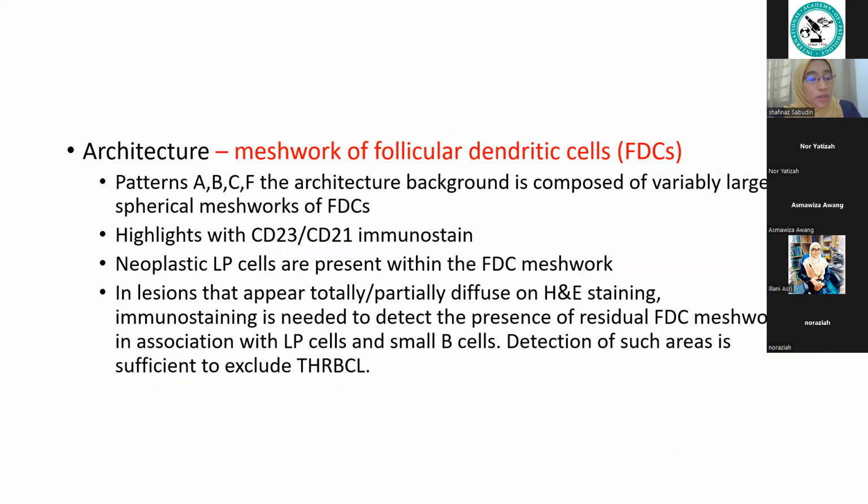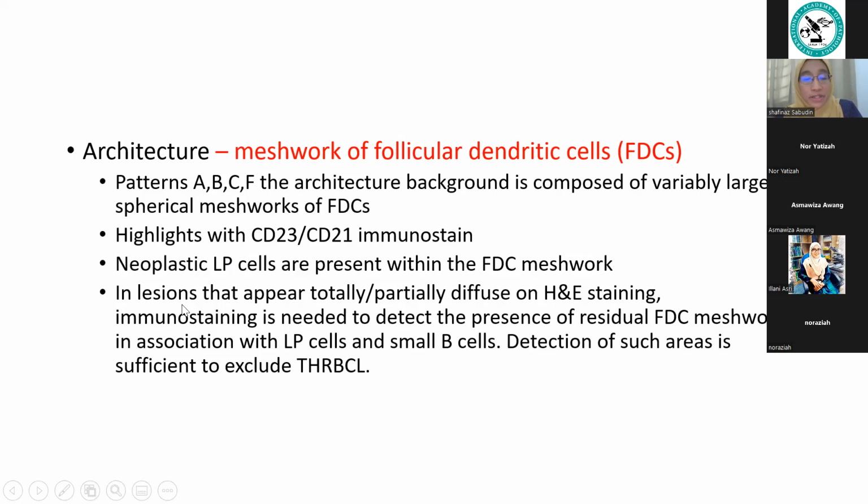Now, the next important architecture to assess in nodular lymphocyte predominant Hodgkin lymphoma is the presence of a meshwork of follicular dendritic cells. As I mentioned earlier, the nodules are made up of expanded meshwork. This is usually found in patterns A, C, and you can highlight it by using stains like CD23 or CD21, and the classic cell is present within the